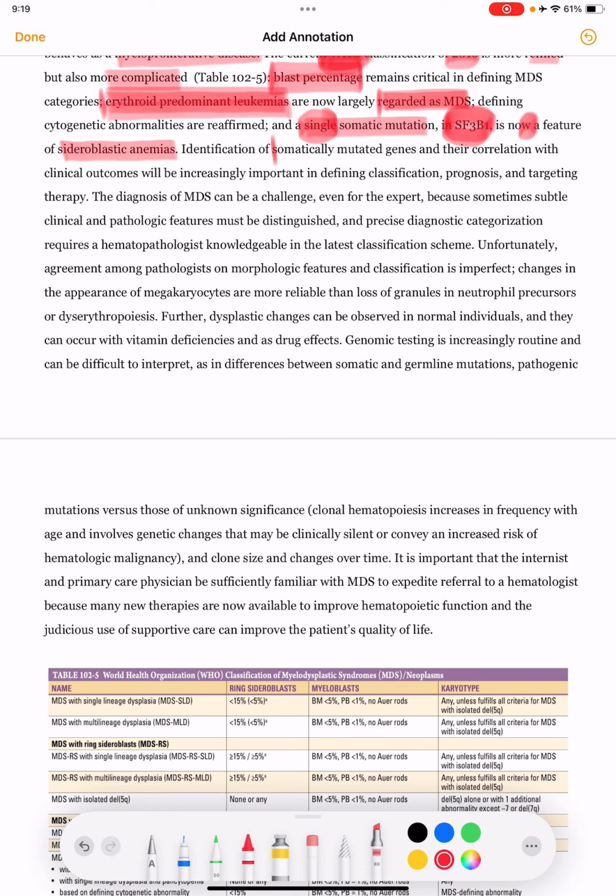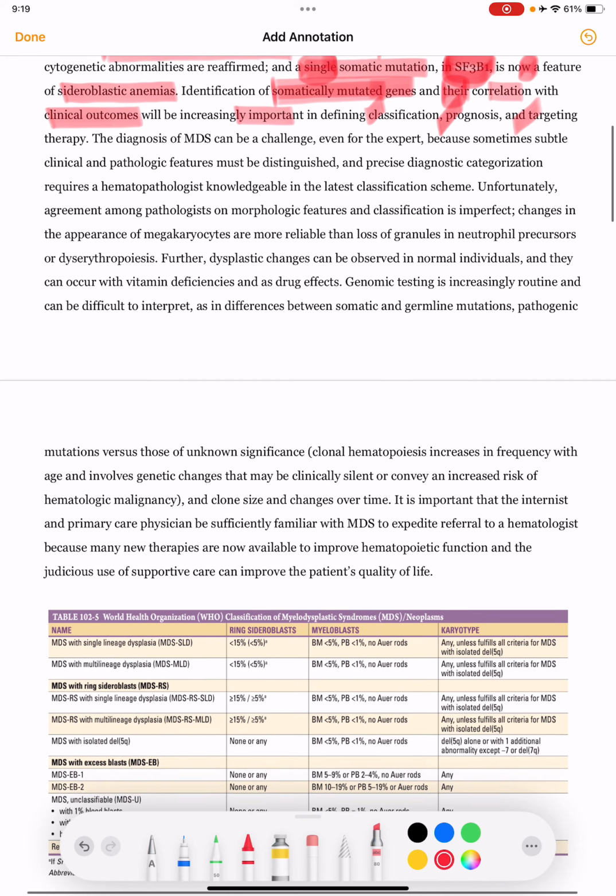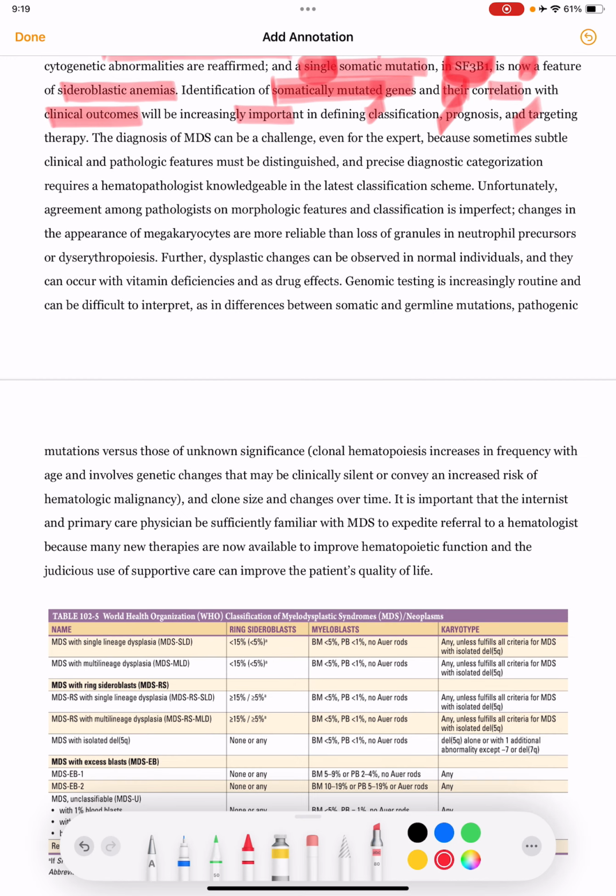Identification of somatically mutated genes and their correlation with clinical outcomes. This is increasingly important in defining the classification, prognosis and targeting therapy. The diagnosis of MDS can be a challenge even for the expert, because sometimes subtle clinical and pathological features